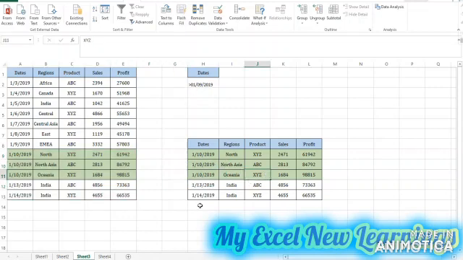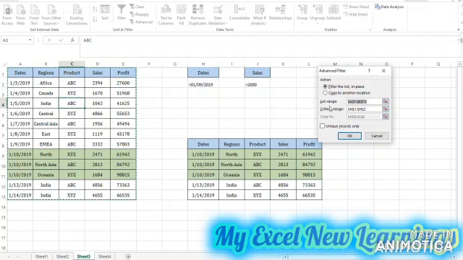So you can use the greater than, or if I want the sales, like greater than 2000, I will use the same steps. Go to the data tab, click on the advanced filter, then copy to other location, then select your criteria.